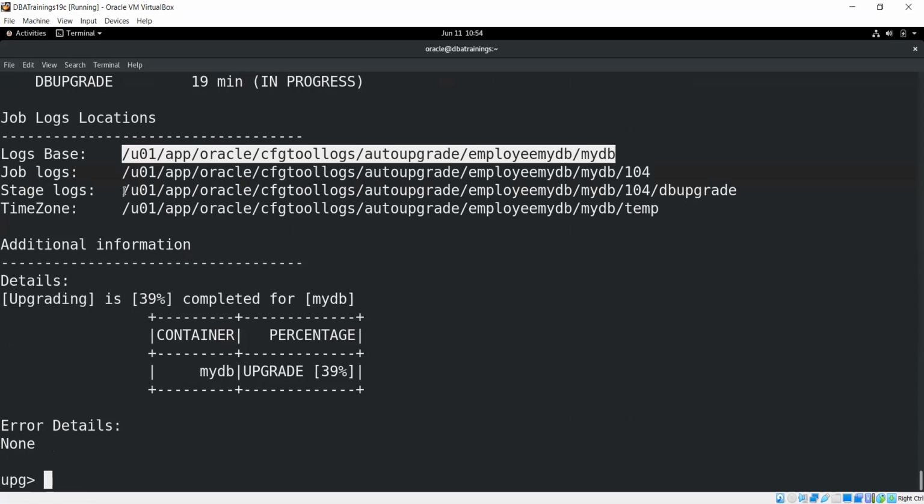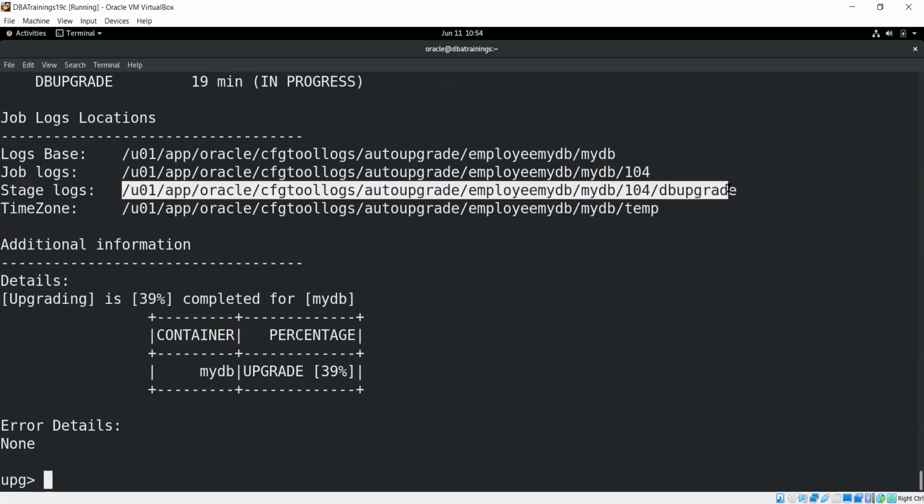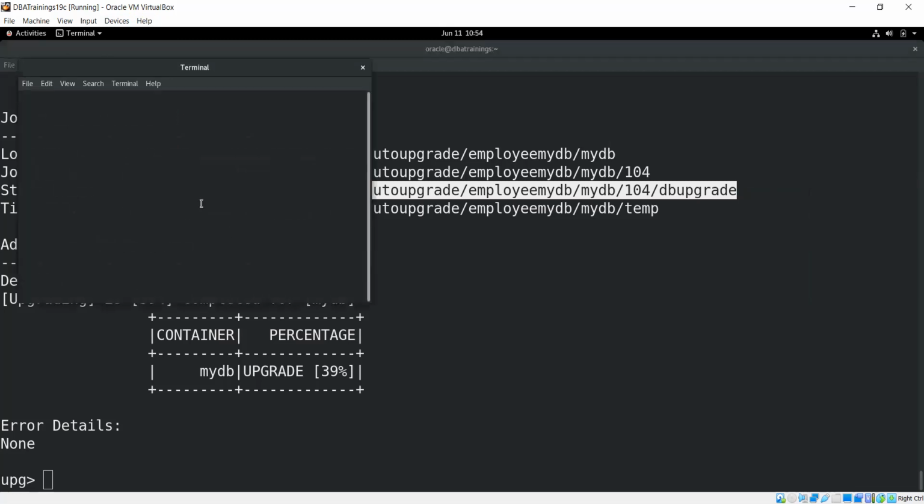The status information you can see from here. Whatever the location you have given, over there it will go. If you want, open a new window and then you can see it.